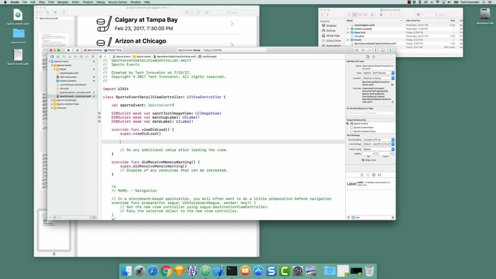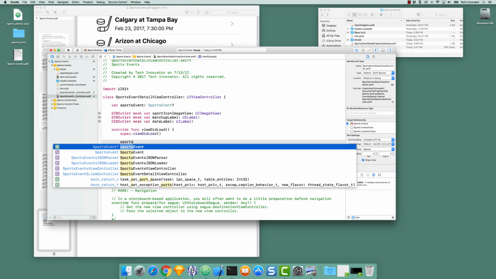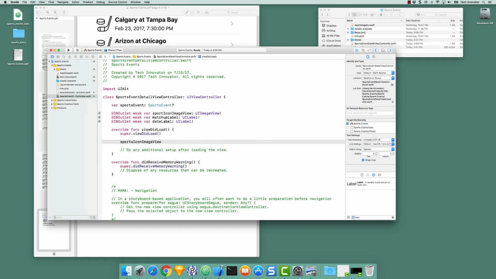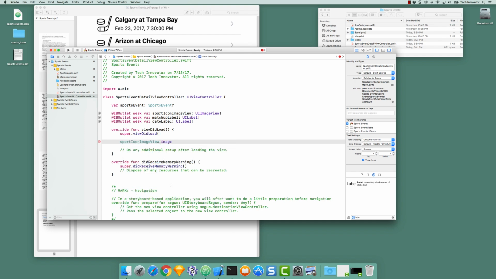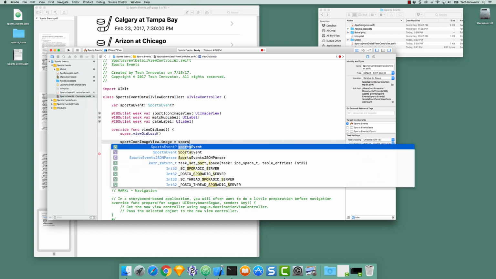The first is that we need to display the image in the sport icon image view. So if we say sportIconImageView, see if I get that right. I've made it sport icon image view because it is the icon for the sport. The image view contains an image property that we can set, and the image is going to come from the image in the sports event. So we can say sportsEvent,